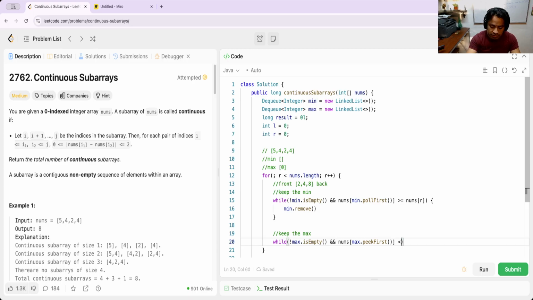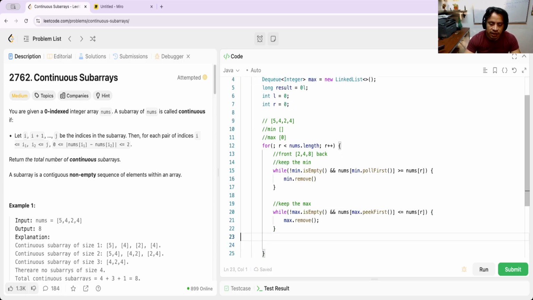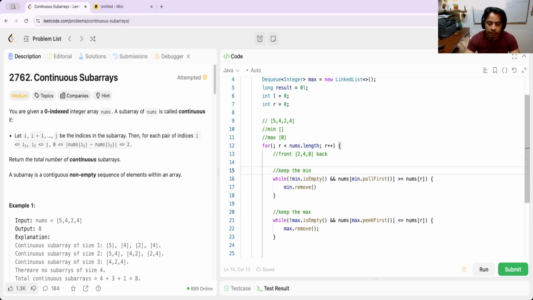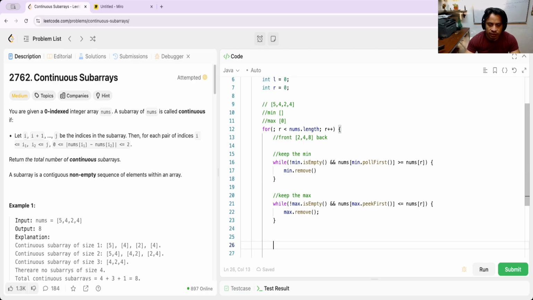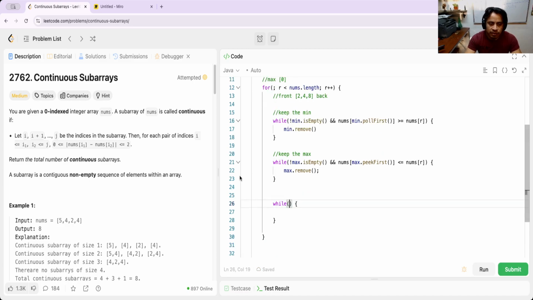If this is minor equal that nums in the position r is max dot remove. Okay, now with this we can keep this monotonic queue or monotonic stack, whatever. And next, after we are sure that in this moment both lists contain the minimum and maximum element in the order that they appear. Here I need a while, and in this while I should validate that